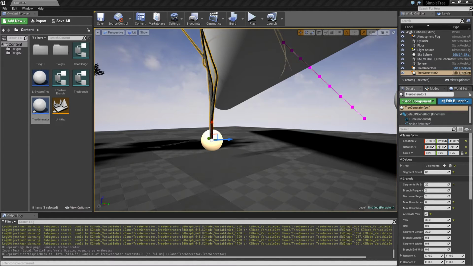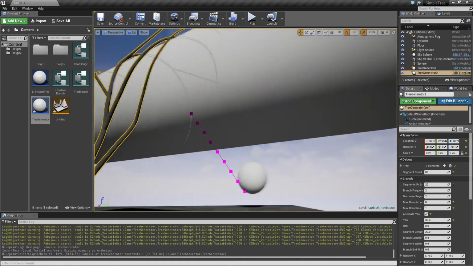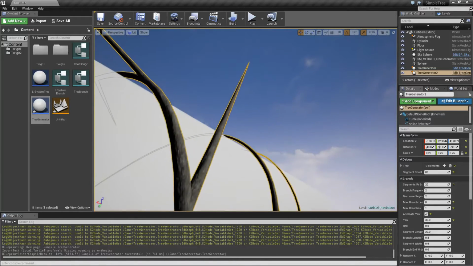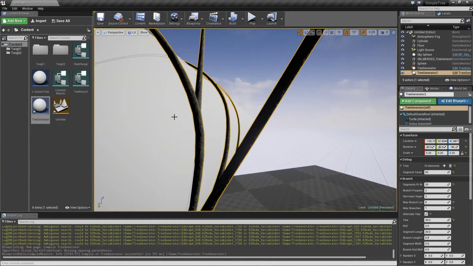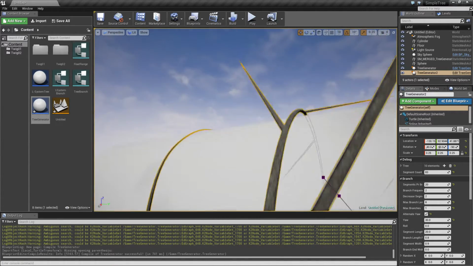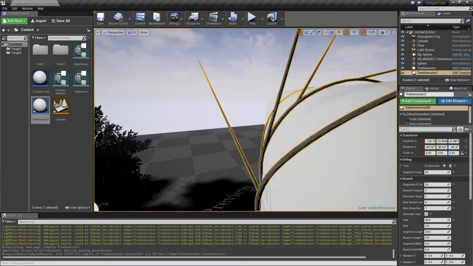I am just gonna find the... okay, so you can see some points here, they are kind of sticking out. And the thing is, it's happening every time we branch. So sometimes they lose contact. And the reason for that is obviously because